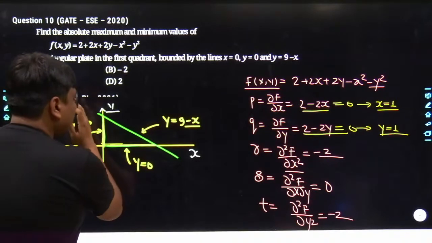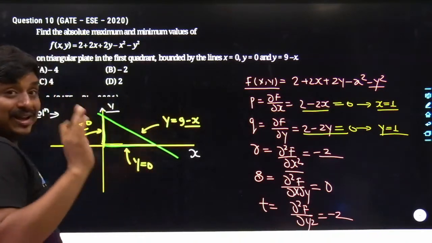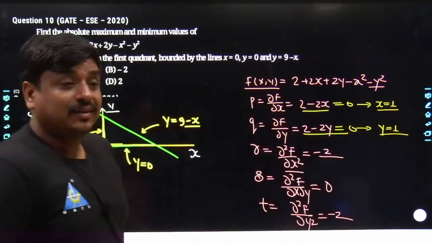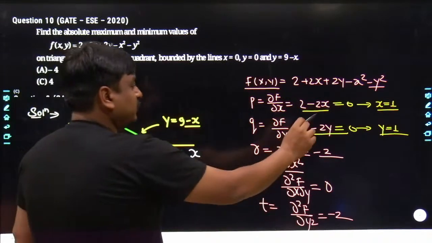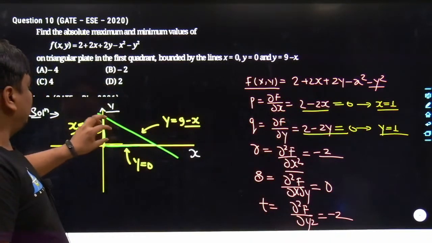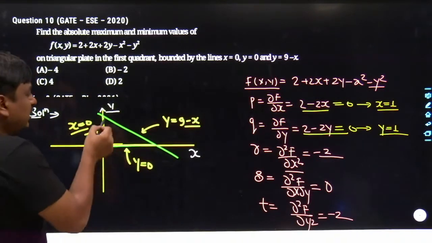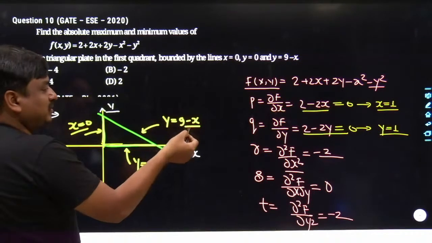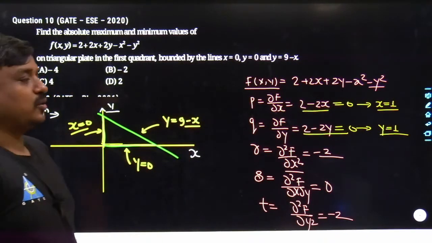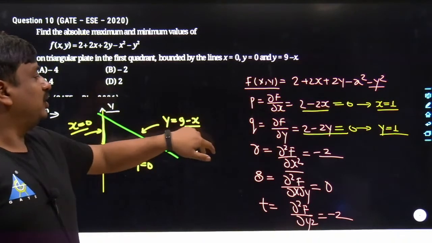If you go beyond x equals 0, obviously the value of x would keep increasing, and you can see very well the x has been 1, that is greater than 0. Similarly, if you take the reference of y equals 1, it has been above y equals 0. So obviously it is supposed to come within this closed range, but still you had to take the reference of y equals 9 minus x. Whether it is getting satisfied or not, how will you know about it? So simply put this value, and you will get the value out of this.